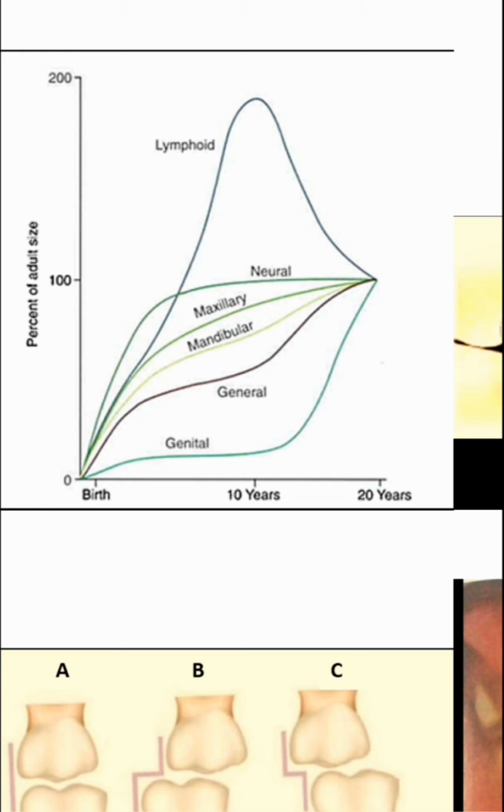General tissue or visceral tissue consists of muscle, bones, and other organs. They exhibit an S-shaped curve with rapid growth up to 2 to 3 years of age, followed by slow growth between 3 to 10 years, and after the 10th year a rapid phase of growth occurs, terminating by the 18th to 20th year. Genital tissue consists of reproductive organs. They show negligible growth until puberty. However, they grow rapidly at puberty, reaching adult size, after which the growth ceases.